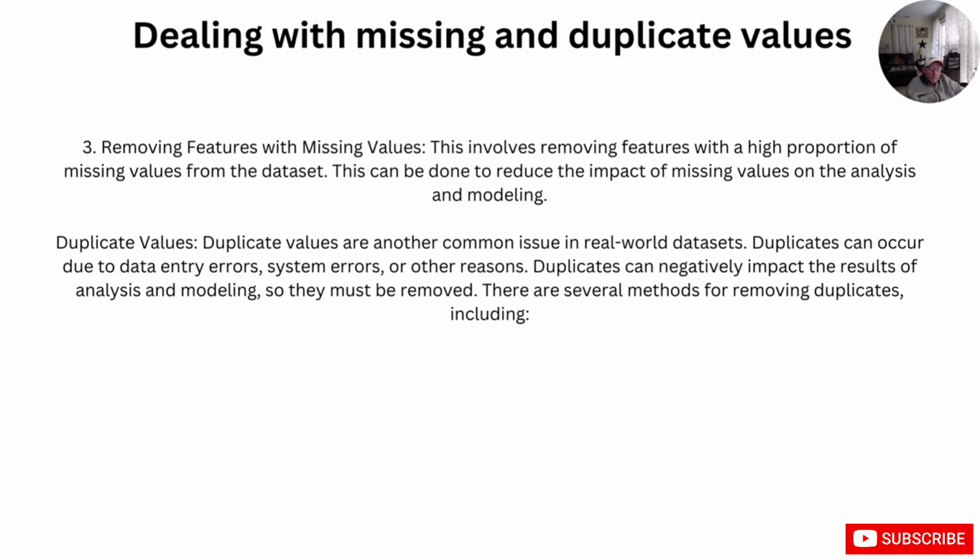Duplicate values. Duplicate values are another common issue in real-world data sets. Duplicates can occur due to data entry errors, system errors, or other reasons. Duplicates can negatively impact the results of analysis and modeling, so they must be removed. There are several methods for removing duplicates, including